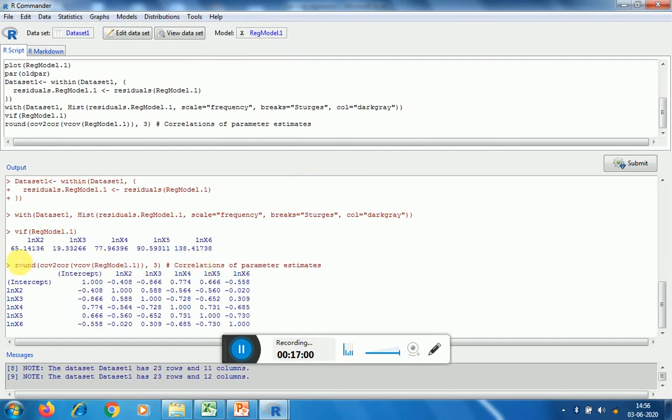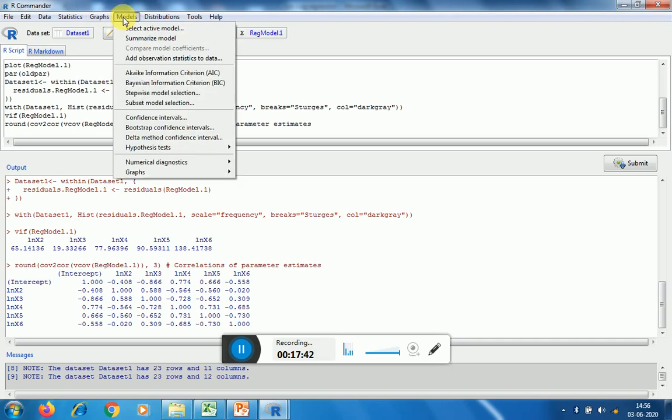See the problem. The value corresponding to ln x6 is very high, and as I said, this variance inflation factor, which represents the multicollinearity, must be less than 10 in all cases. If it is more than 10 in some case, then that variable must be eliminated. So x6 is a linear combination of x4 and x5. It has created the problem of multicollinearity in your model, and that is the reason this R square value is also very high. Since this value is very high, I need to eliminate this x6 variable.